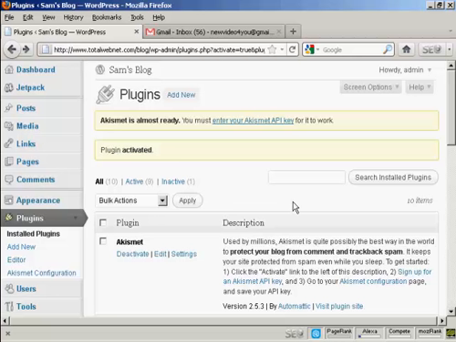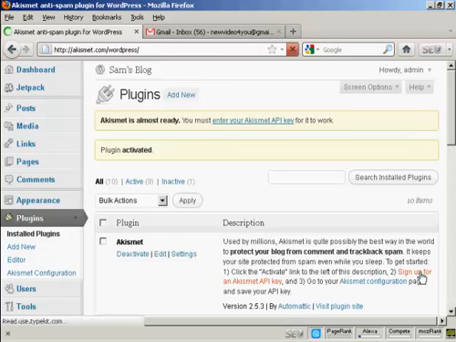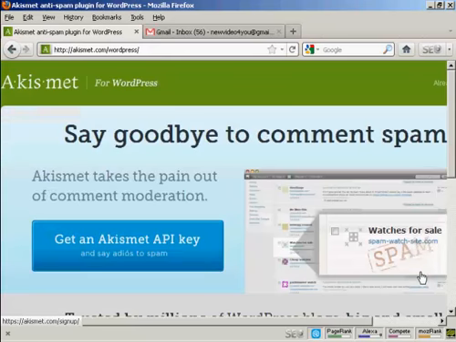Now up until recently you could get one automatically assigned if you had a WordPress.com blog, but recently they've changed that. So now you have to go here where it says sign up for an Akismet API key. So click here. And it takes you to this page here, and you click on this button here that says get an Akismet API key,